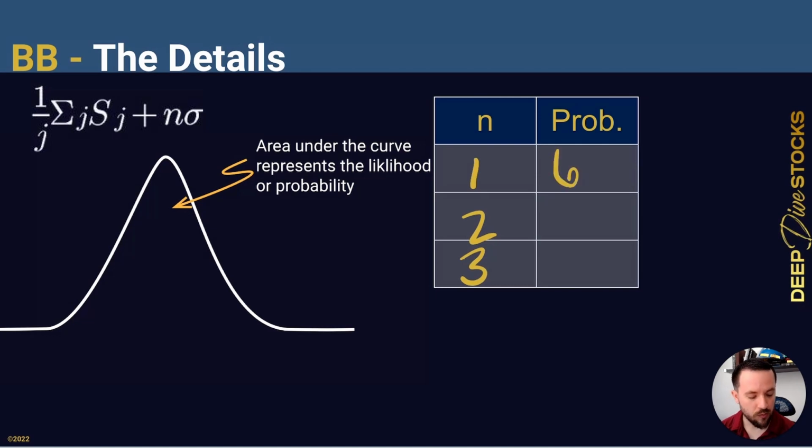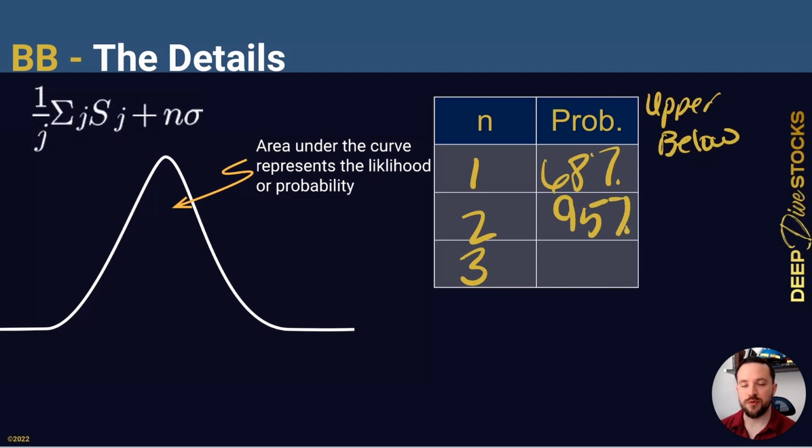If we set n equals 1, well then we get that 68, that's what that number was supposed to be, 68% probability. So if any price moves above the upper or below the lower band, then we're looking at something that has a 32%, if I did my math right, probability of occurring. If we set n equal to 2, then we get that 95. So any price movement that is above or below those bands would only be 5% likely. And then lastly, we have 3, which is 99. So that means that if there's any price movement above or below those bands, that would only be 1% likely,